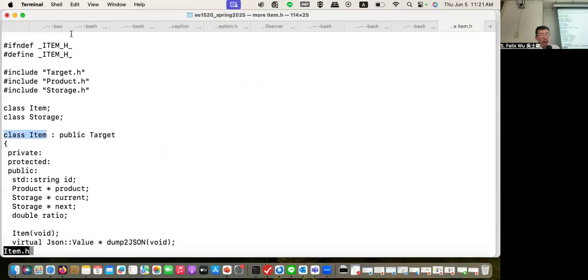You see, the compiler first has to deal with these three lines. And this line is storage. So before the item was declared, I'm actually trying to compile storage.h. I try to parse storage.h. And inside the storage.h,